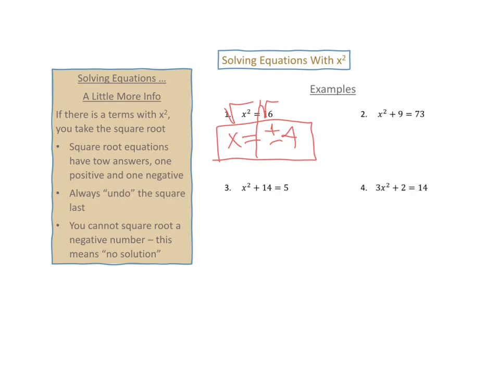Did you stop the video? I hope you did. Let's see if you got it right. Well, you can check to see if I got it right. All right, there's my line showing the equal sign. I need to move this 9 because my variables are over here on this side. If I move it over to this other side, it'll be all numbers over there. So the opposite of positive 9 is negative 9. And now what I have is x squared equals